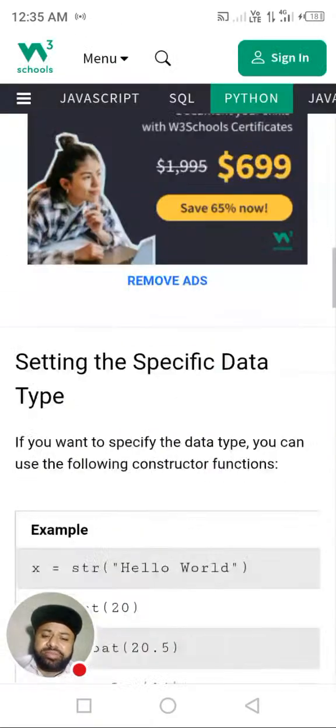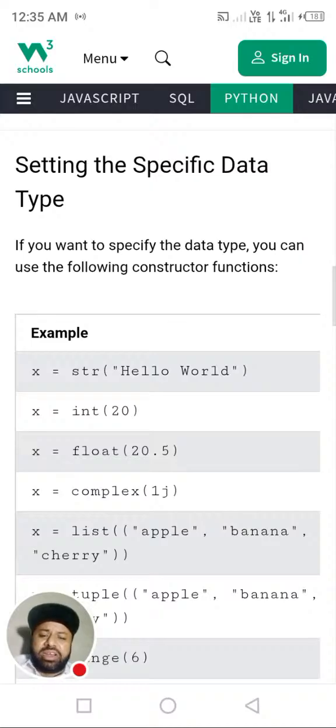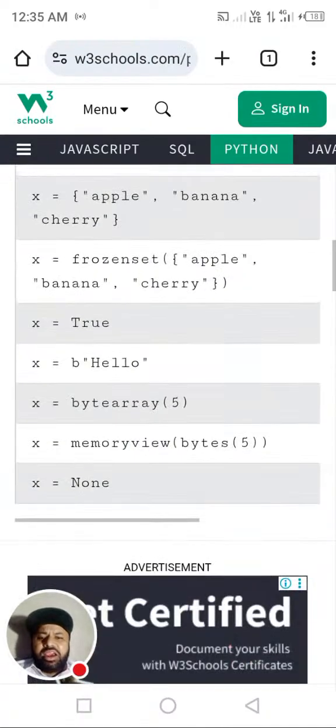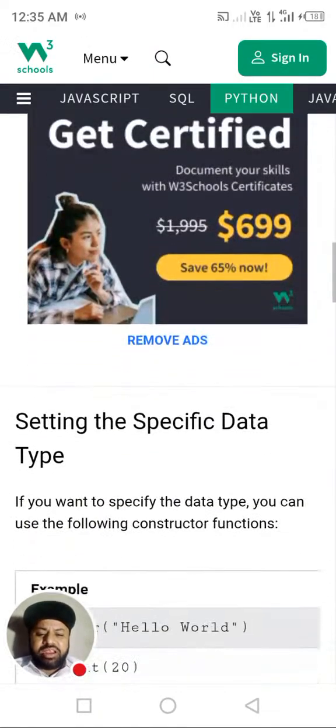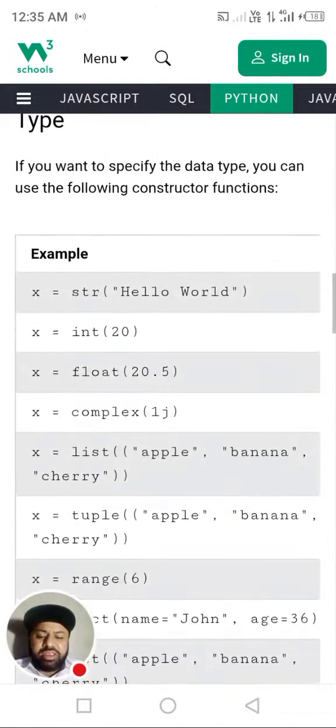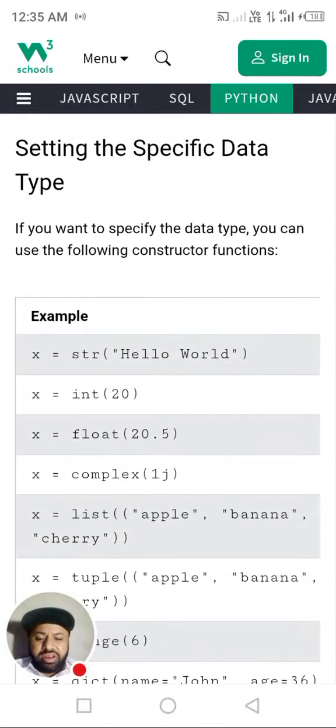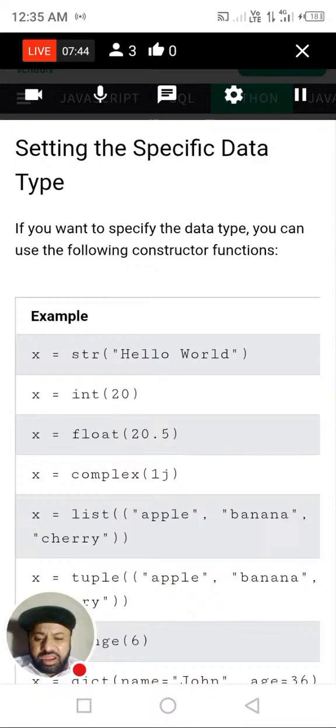X is equal to none. Setting the specific data types. If you want to specify the data type, you can use the following constructor function. Here we can see that when we assign any value, whether it is a string, float, or something, automatically a variable is created with that data type. But if we want to specify it ourselves, because we want something different from the built-in behavior, which automatically creates